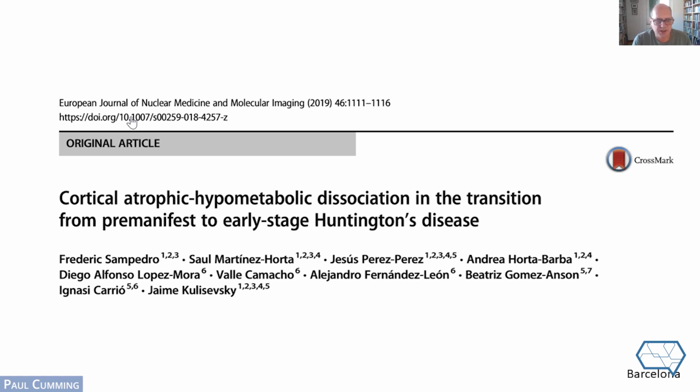Now, of course, this is not necessary because anyone can get screened genetically to see if they have the CAG repeat mutation of Huntington's disease. But it's still an interesting question about when the disease really starts. Can you use PET to detect changes in metabolism that might precede the onset of the disease, or distinguish between the preclinical state and an actual clinically manifest Huntington's? Next slide.